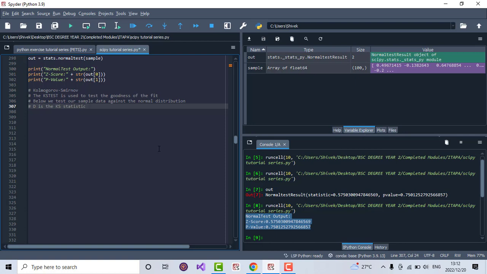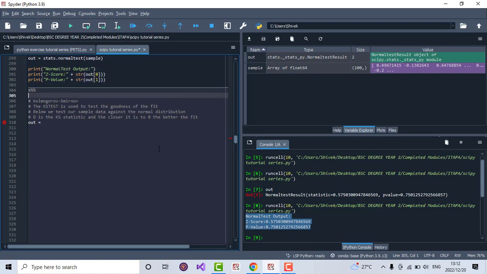D is the KS statistic, and the closer it is to 0, the better the fit. So let's actually code this out now. What we will do is call this out again. I will create a new cell. So out is equal to